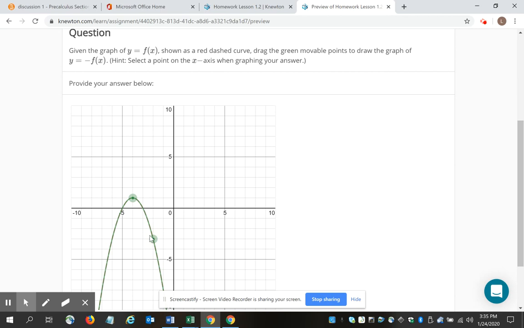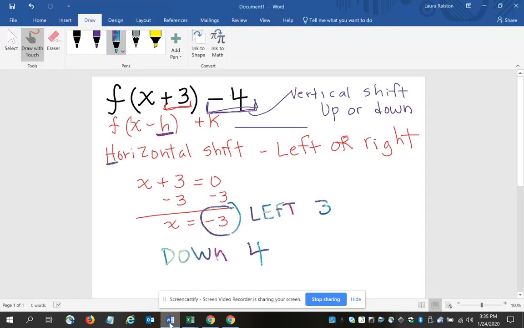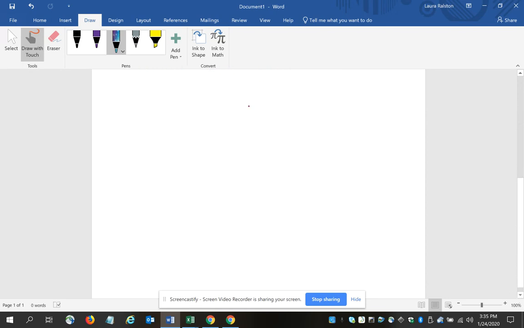There we go. Okay. And so let's think about what's happening here when you have f of, or the opposite of f of x. Okay. So we now have the function f, the opposite of f of x. Okay, this is outside the parentheses. This would be like having